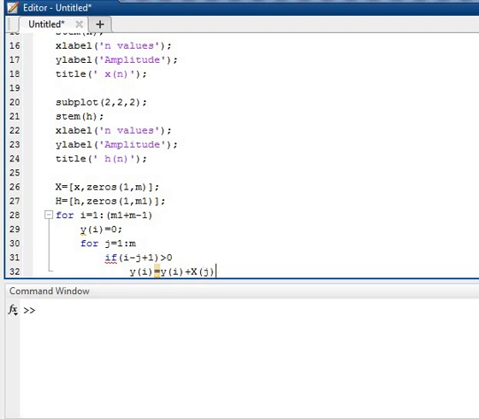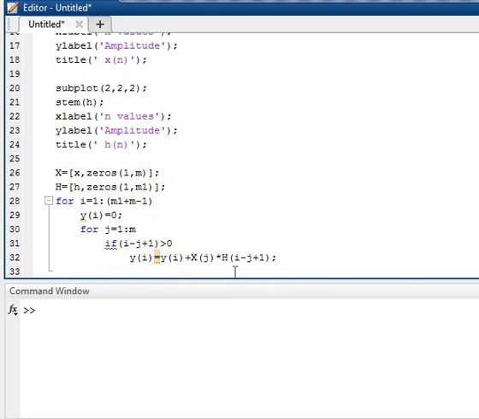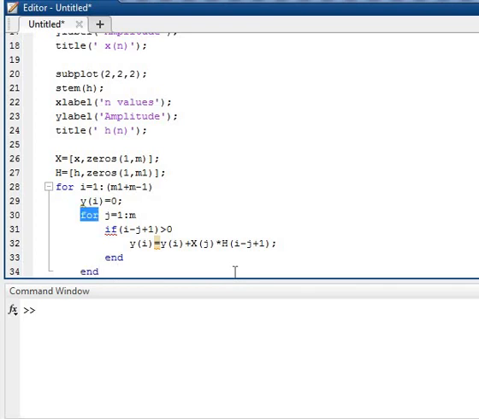Use multiplication, capital H of i minus j plus 1, and end this loop. Then after that add the second loop.